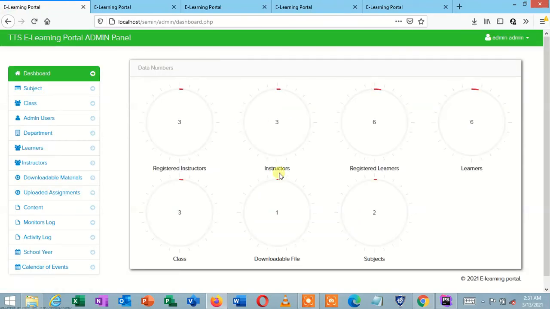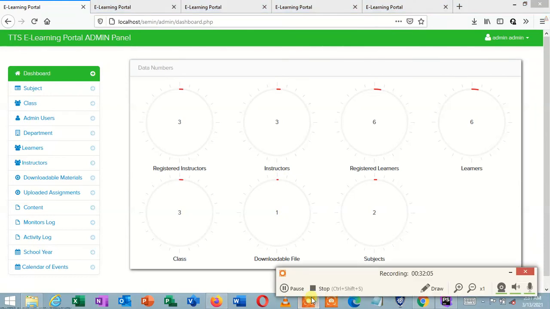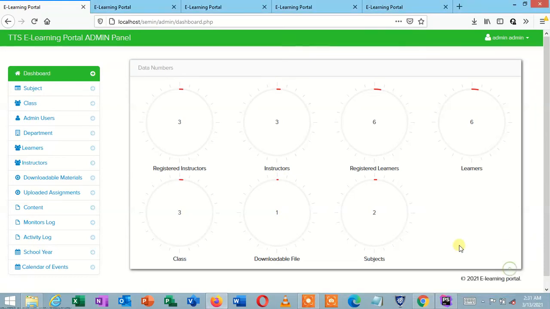So you can directly see that if you log in as an admin, you'll find this very attractive dashboard that will show you registered instructors. Registered instructors are those who are teachers, or lecturers. So you can see the number of registered instructors,